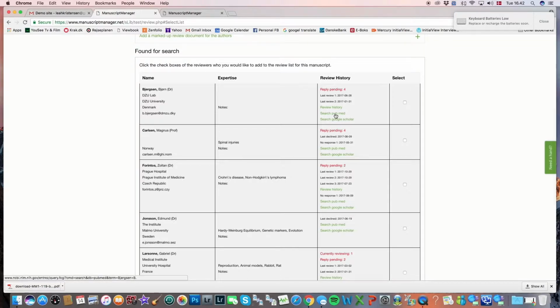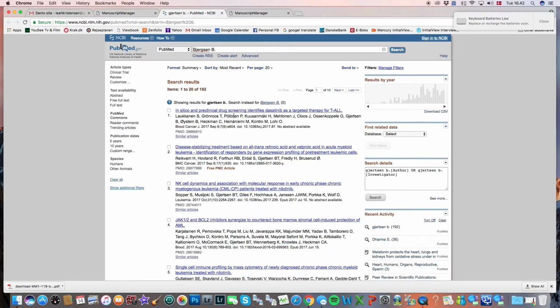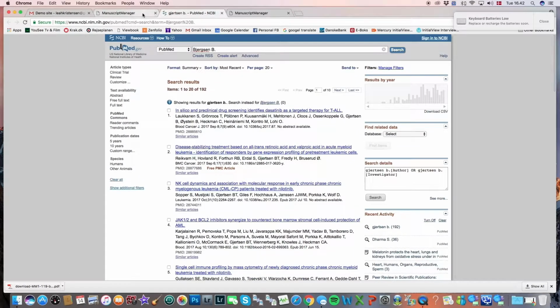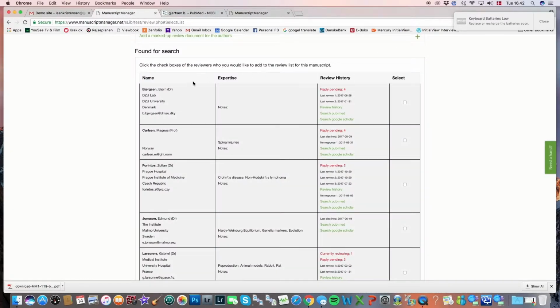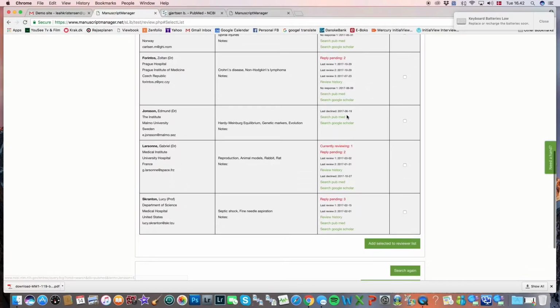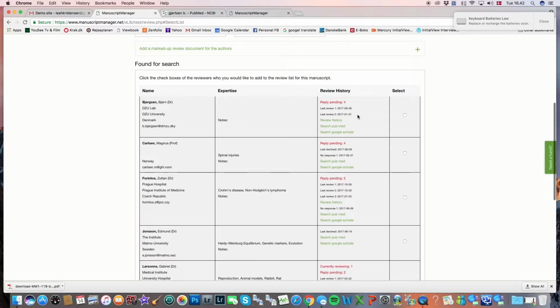We can look at external publications through PubMed or Google Scholar in his name. Again, you can click these resources and look through what other publications this name might be associated with, but it would be recommendable to make sure that you can verify the identification of the person. Sometimes names repeat. So you can see that we have a lot of information in this third column, review history,